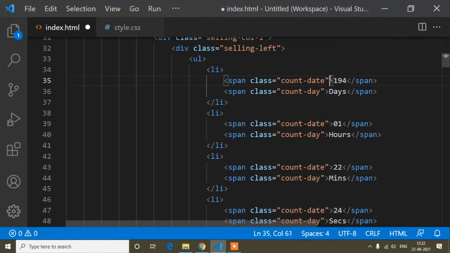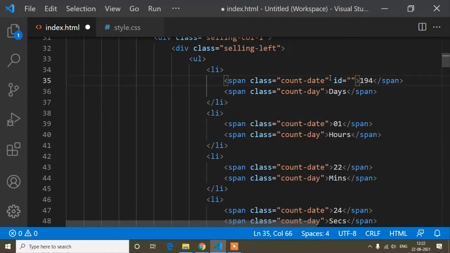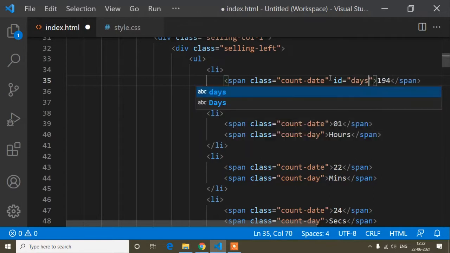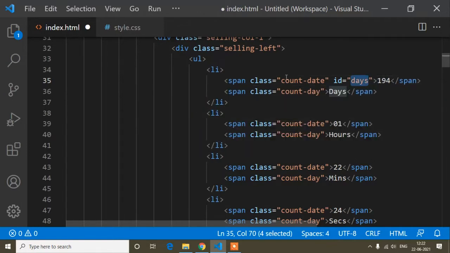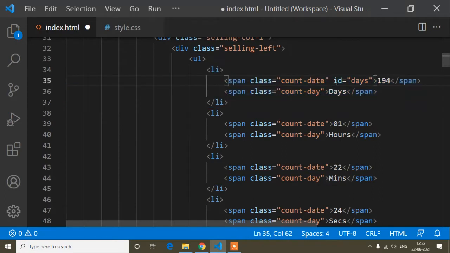So in all these places I will add an ID. This one is for days, so I will write the ID as days. If you didn't add the design, you can just write a p tag and then ID days this way, and add the functionality, and this ID is for displaying the value.